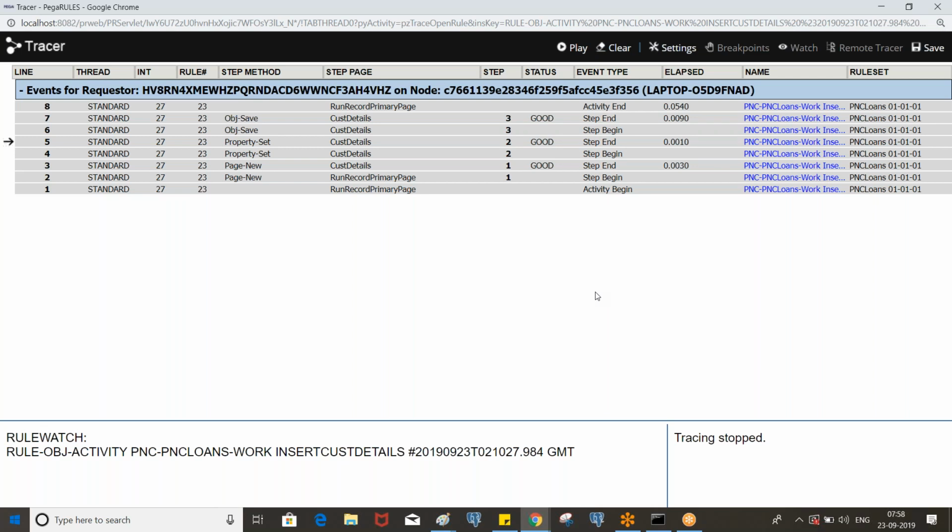So what you can do is put another customer ID, let's say C-2, and deselect the right now checkbox and execute this and see whether the data is getting inserted or not. So it will not be. Okay, clear? So tracer is one of the debugging tools by using which we can trace most of the PRPC rules. We cannot trace a few rules, those can be traced by using other rules.